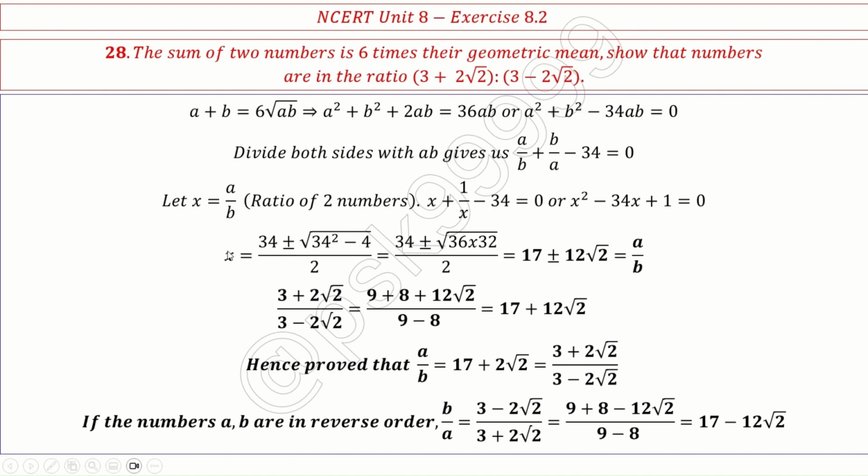Now x, which is the ratio of two numbers, is equal to 17 plus or minus 12 root 2. I need to show that this is same as this ratio, correct? So take this ratio, it's a third. So you know how to remove the denominator from the third. You multiply numerator and denominator with the reciprocal, right? Conjugate we call, right? Conjugate, if you multiply, what you will get is 9 plus